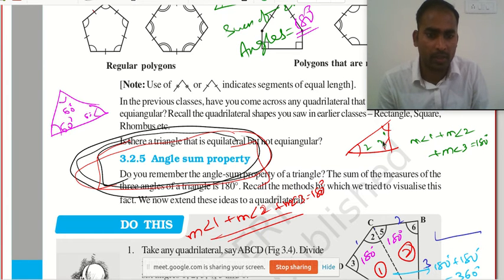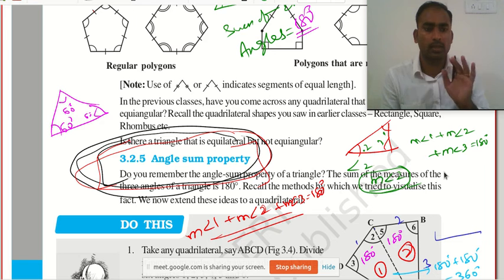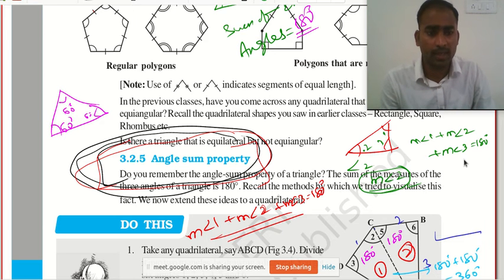See here, normally to represent the angle, I will represent it with the number 2. Now I need to measure the angle, so I will represent the measure of angle 2 as m angle 2. This is known as the measure of angle 2. Next, the sum of all the angles in a triangle is 180 degrees.